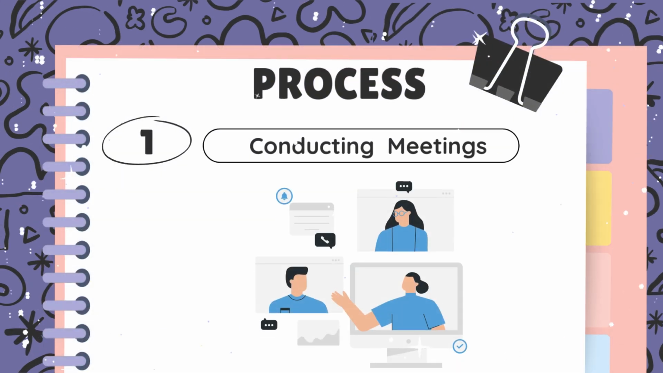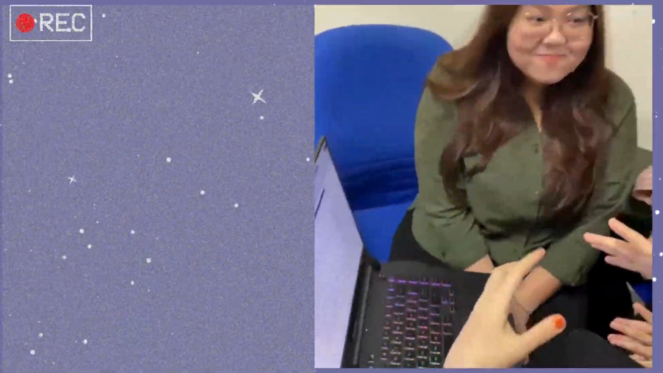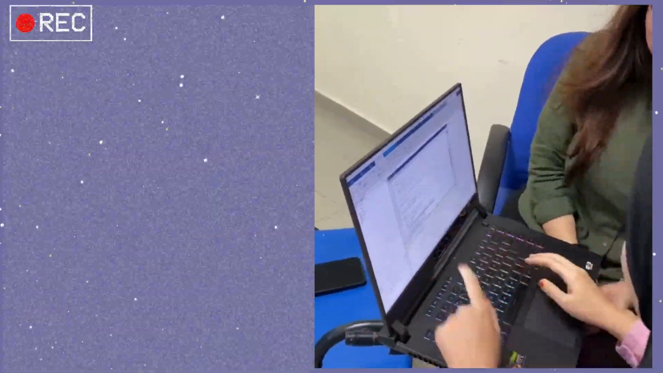Process 1. Conducting meeting. Bagi dia tu, kita kena tukar data depan kan. Apa cara kita nak masukkan dia? Okay. Lepas tu nanti kita nak